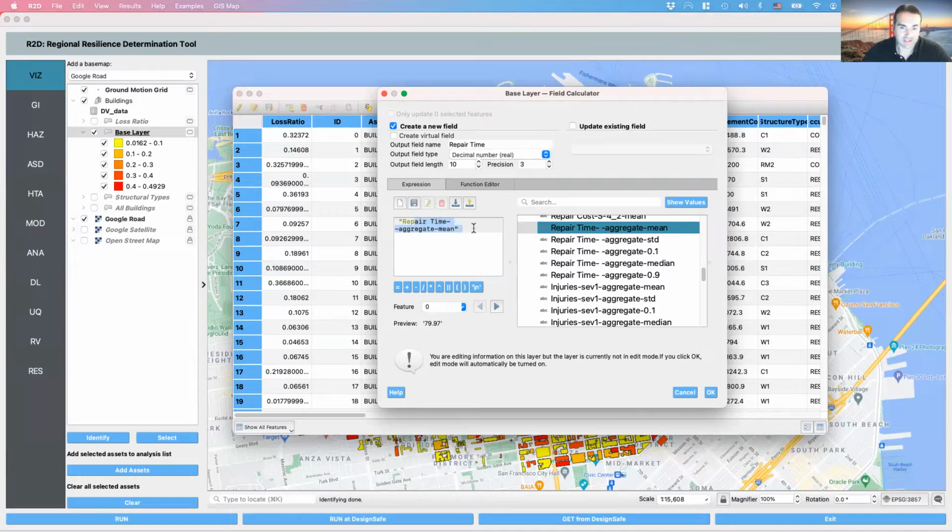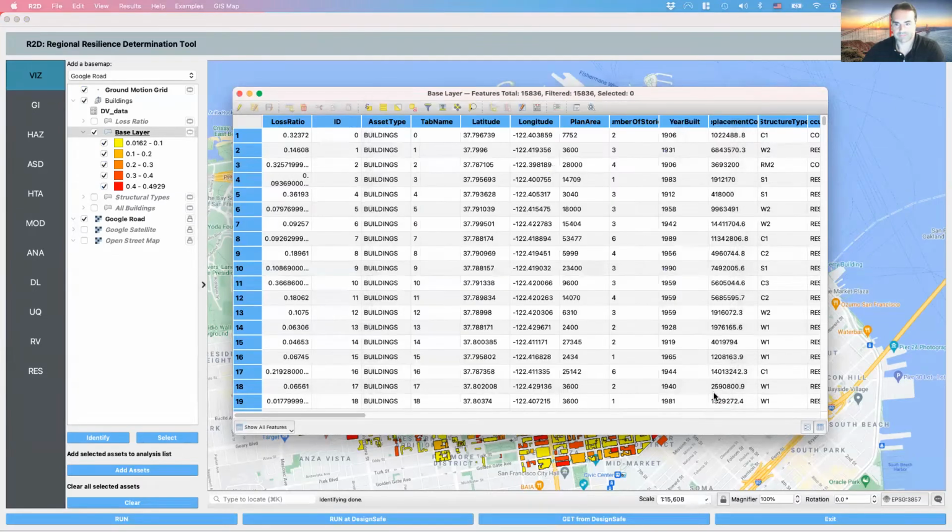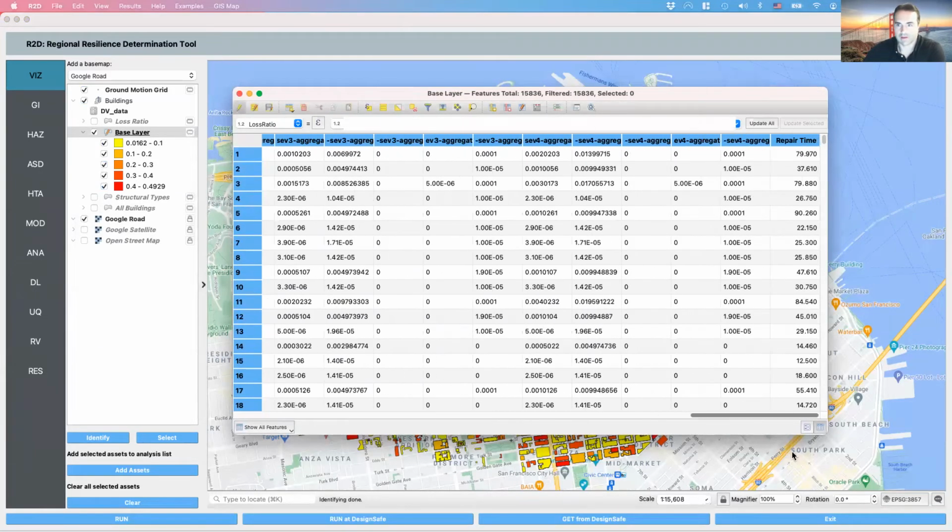Now, this is an expression. I could multiply it by some scalar. I could divide it by another one of these fields. So you have a lot of power here to specify what will be done to this new field called repair time. I'm just going to take the value from repair time aggregate mean and set it to this, and make sure the field type is a number. So I'm going to click OK. And that field should appear at the very end of the table. So that's good. And I'm going to do that one more time,